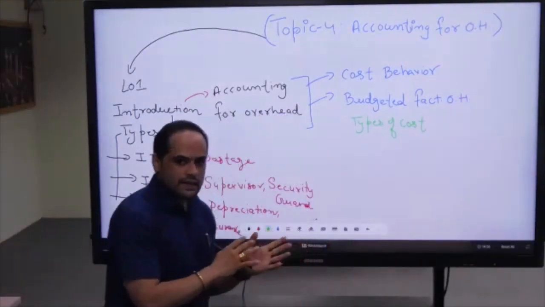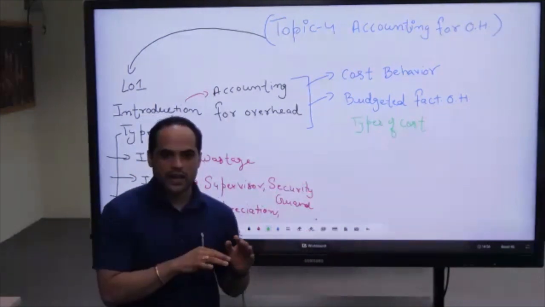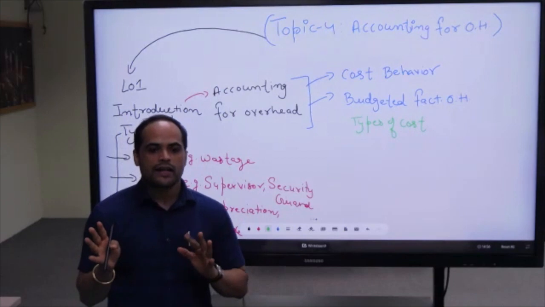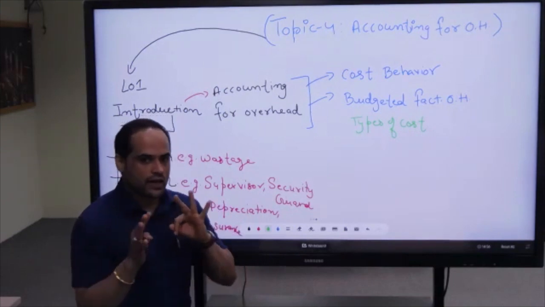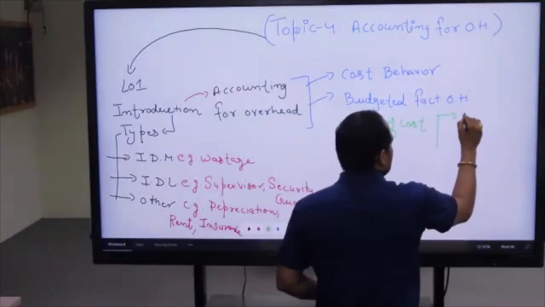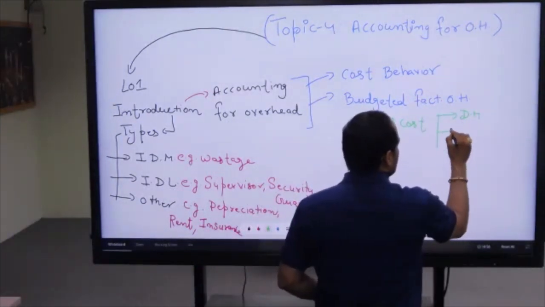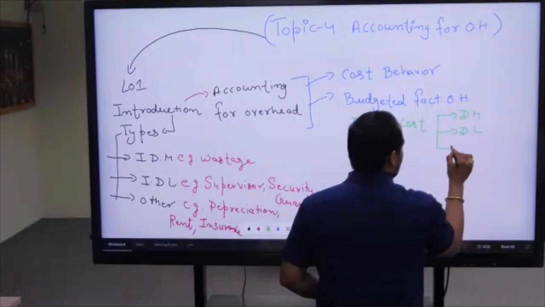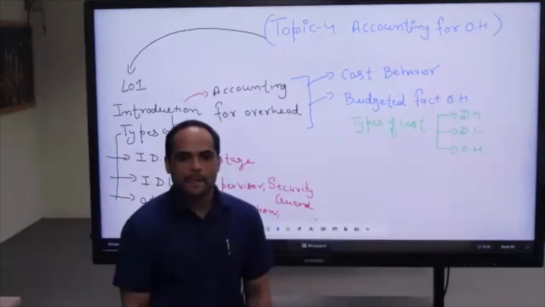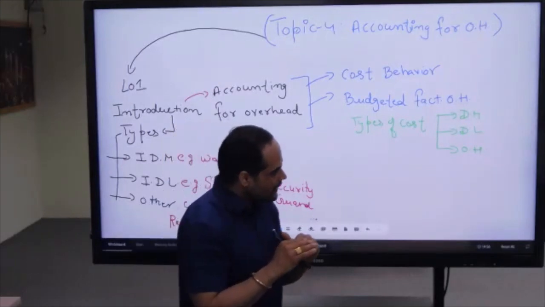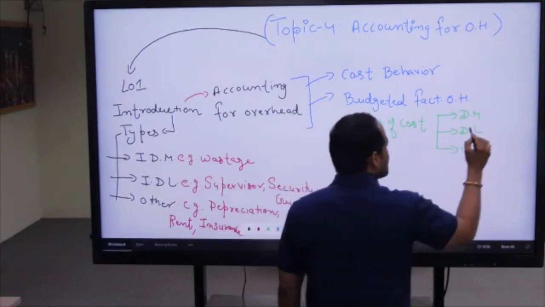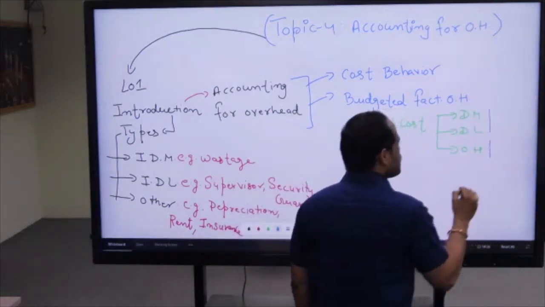In your previous lectures of management or cost accounting, you learned that the types of cost are mainly classified into three parts. Right? So there are three types of cost: direct material, direct labor, and overheads. All right. And in other words, we can say that cost divides into two parts: